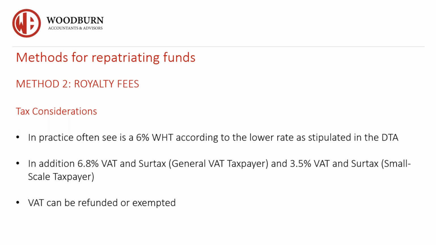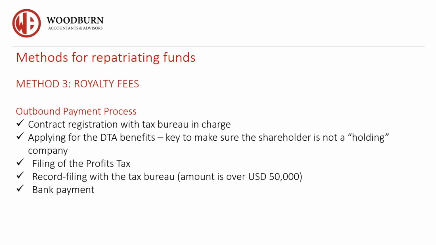Okay. What is the outbound payment process application at the tax bureau? The contracts have to be registered with the tax bureau. Supplemental proof needs to be provided with each contract. So for the trademark, they will want to see the trademark license, the trademark certificate that it has been registered in China. They will want to see who owns it, and the contract has to be with the